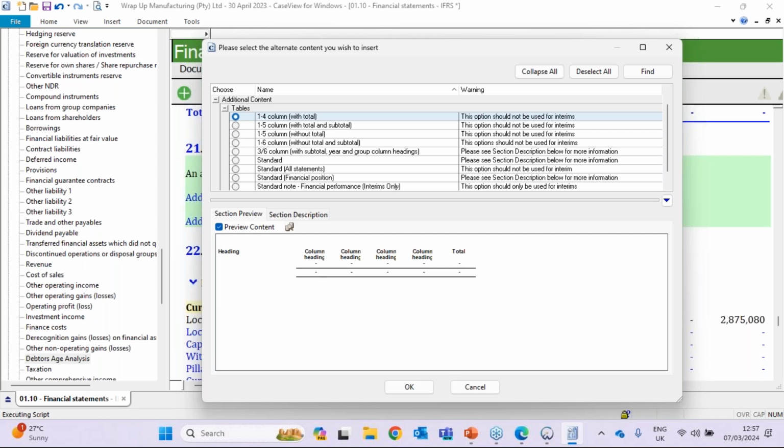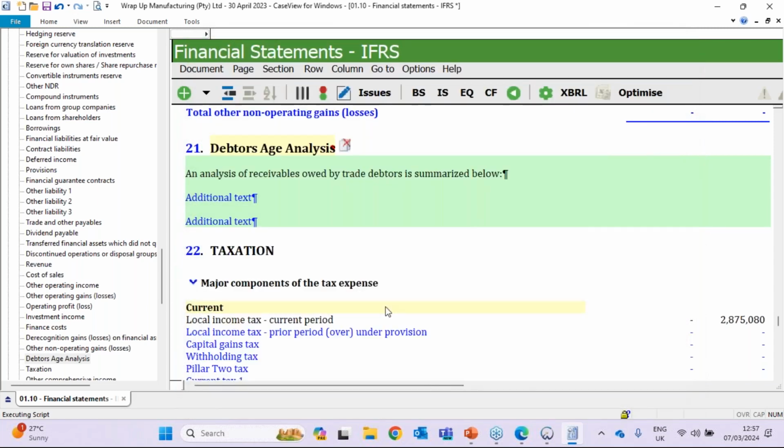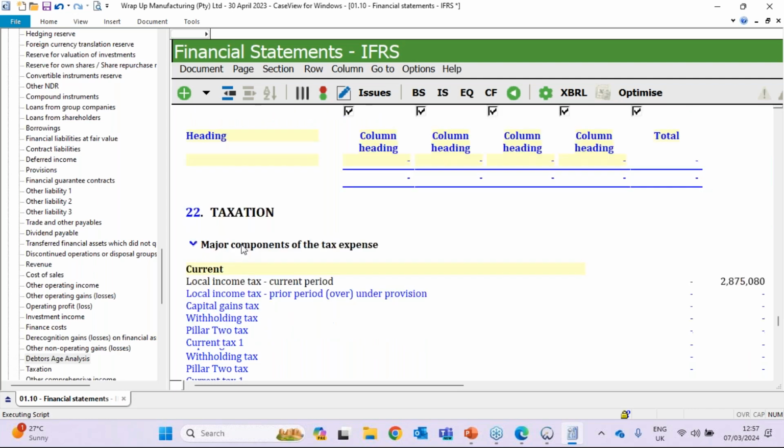Okay, so that's the preview content. If we're happy, we can then press on OK. It's going to execute script, bottom left of the screen. And remember, the table is currently in blue. It's not printing at the moment up until we start to add